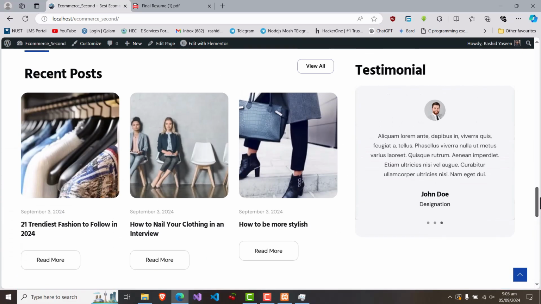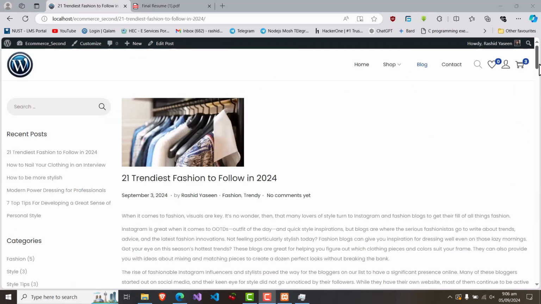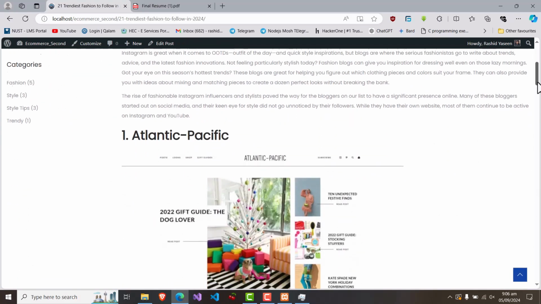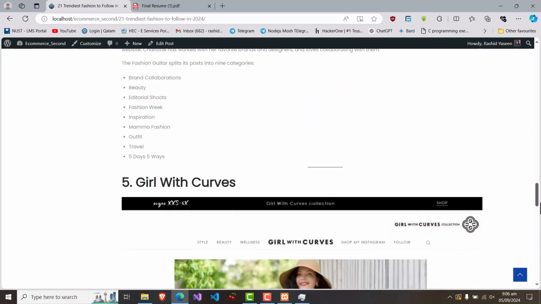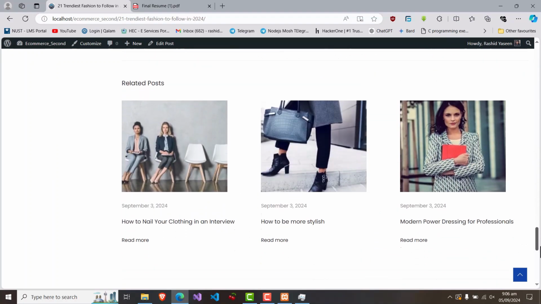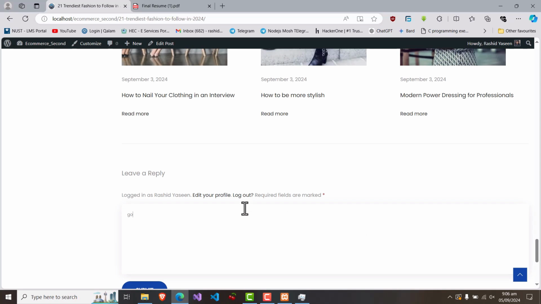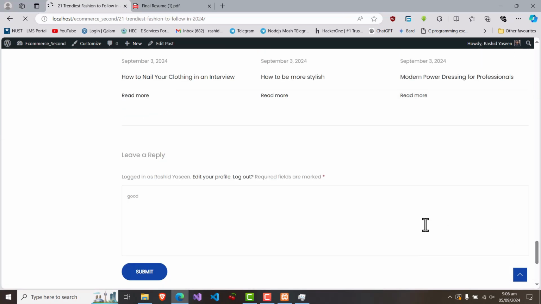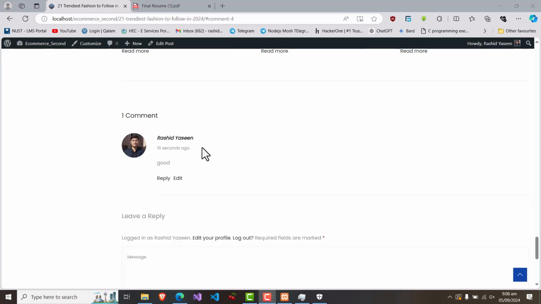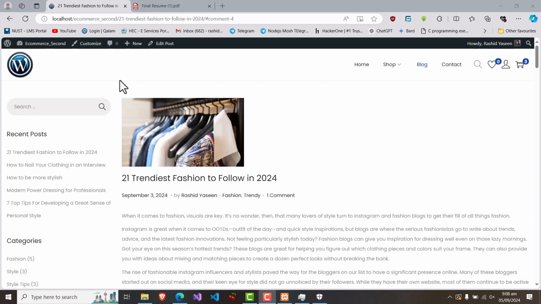Let's see a post like this one. After reloading, it looks like this. Related posts are here as well. We can type a message like "Good." See it here right now. After reloading, the comment is posted below this post. Furthermore, if we go to the home page